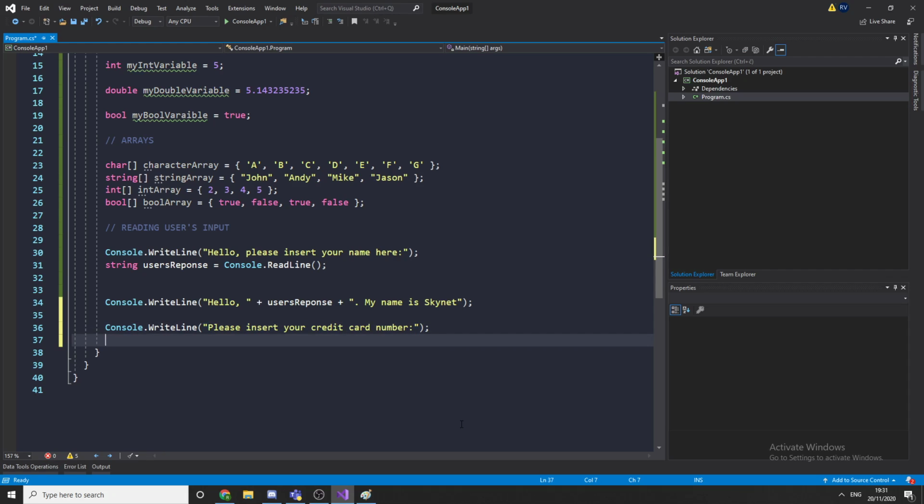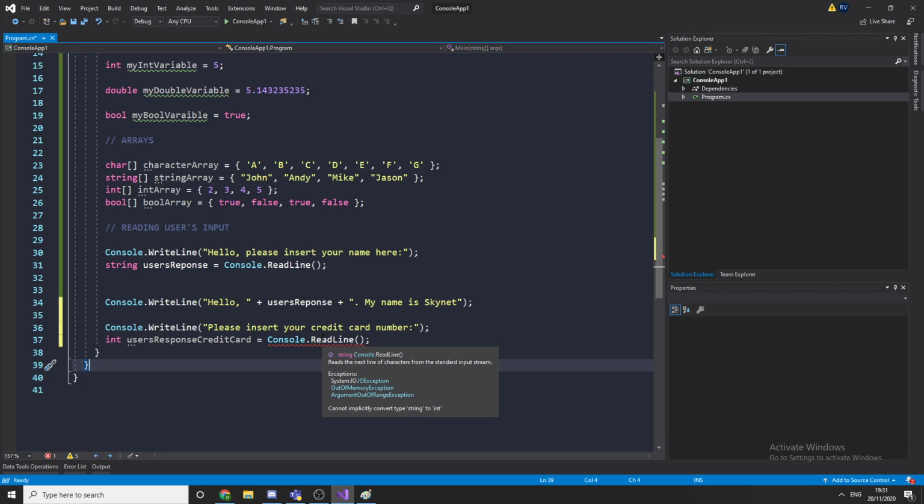We do the same thing, but now instead of string, we're going to make a double or an int. I prefer an int. You can use a double. So we make user's response credit card equals console.readLine, and as you can see,